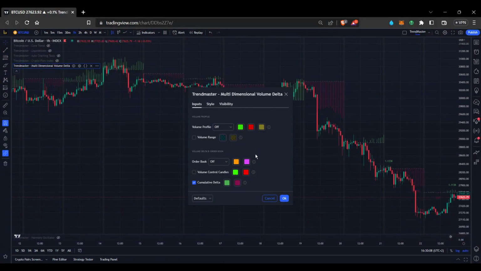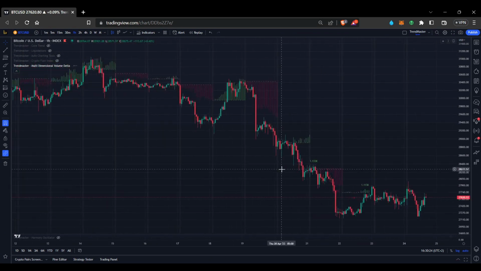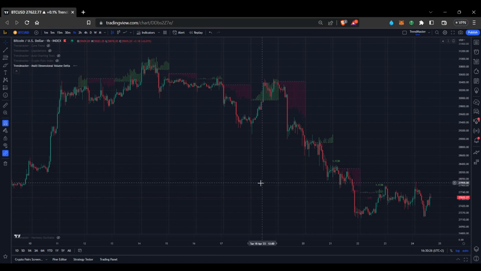There's so many volume indicators out there which require 50 different inputs, and it's impossible to really know what it's all doing. All the instructions are within the tooltips here, and you can just turn it on, click 3 or 4 buttons. It's going to look crazy with everything on, but then it's absolutely amazing for intraday scalping and trying